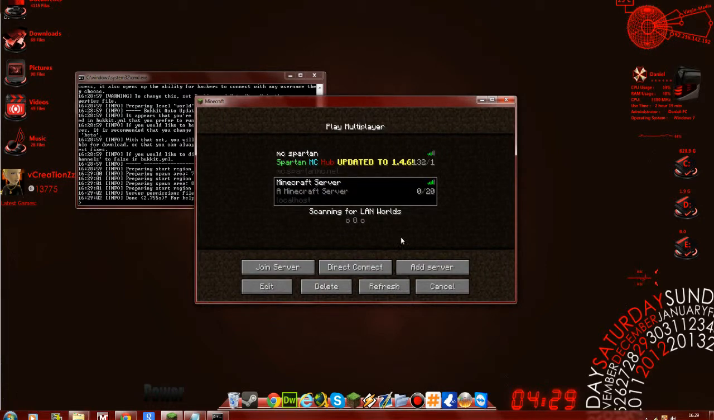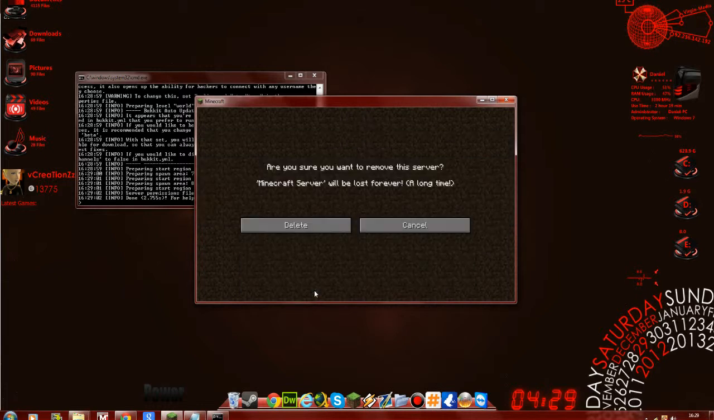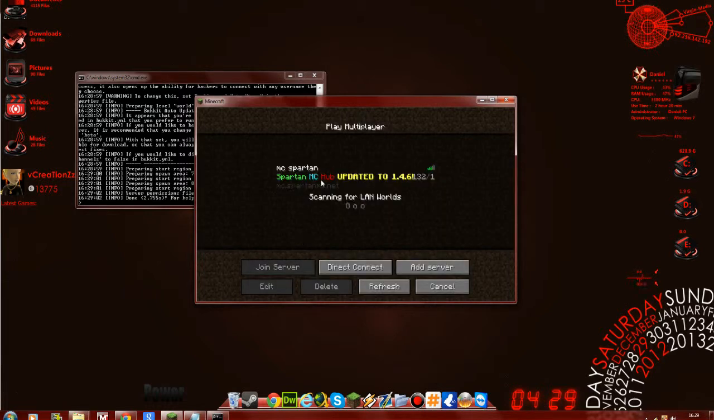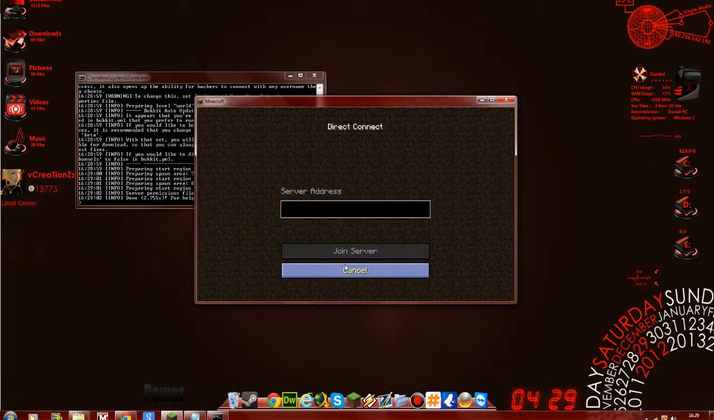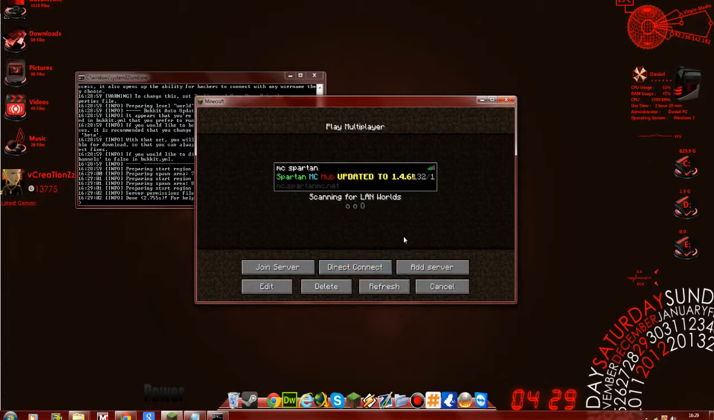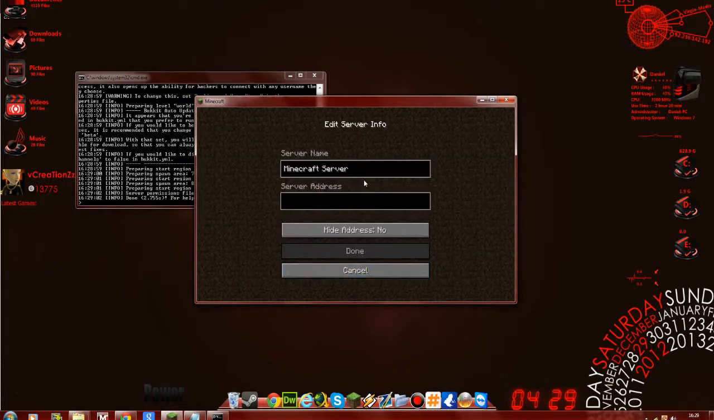I've got that there because I've already had a server before. If I just click delete on that, that's someone else's server. You can either click direct connect, where you just type the server address, or you can click add server so it stays there. You can name the server whatever you want. You can leave it Minecraft Server or type My Server. Server address: if you're connecting to your own one and not your friend's,